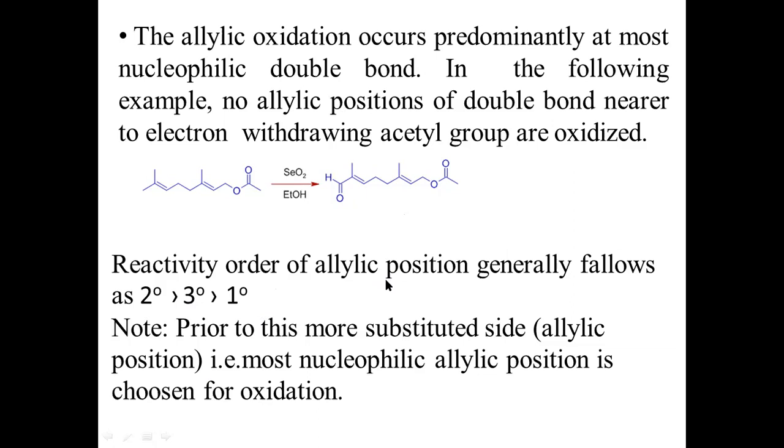But if both these are competitive, we have to follow the first one first, then go for the second one. First, we have to select the more substituted end of the double bond, since it is more nucleophilic. Then, if we have a competition, we have to choose secondary, tertiary, primary. We have to compare the positions. So if there is a possibility for E and Z alcohol formation, preferably the molecule will undergo E alcohol formation.